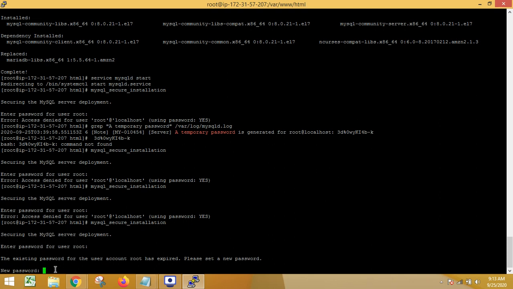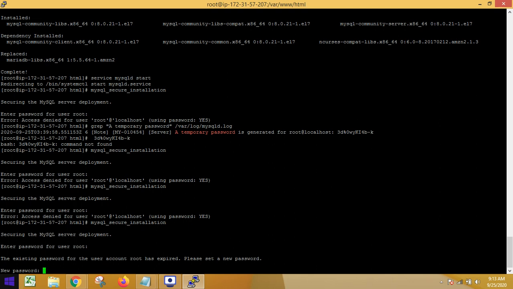So here, in order to provide a new password, we have to work upon certain validations. The validations include that the length of the password should be minimum 8 characters long. Then it should include a special character also. Your password should have one capital letter also, and it must use some numeric code also.